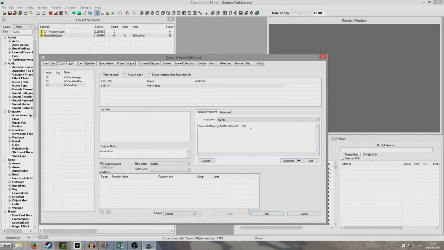Nothing's happened, which just means it's worked. And so we're just adding the item cap001, which is the name of a property pointing to the item cap001. So don't get confused and think that I'm just putting the name of a misc object. And then 100 is the amount we're going to add, so the player will be given 100 caps when this